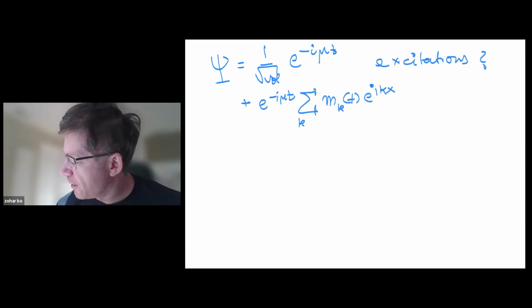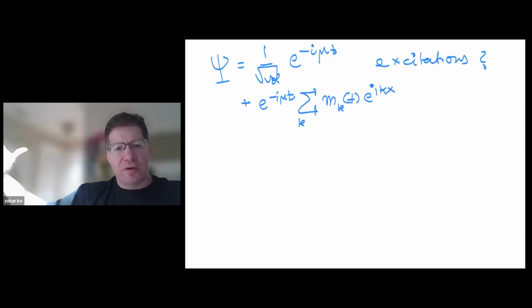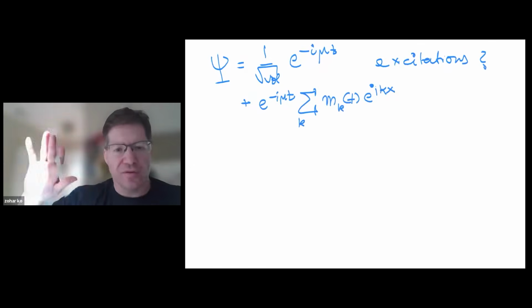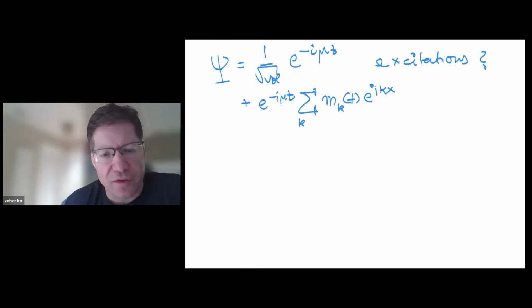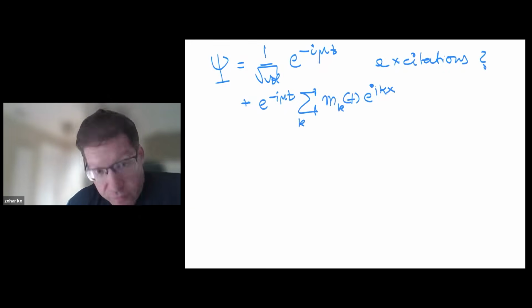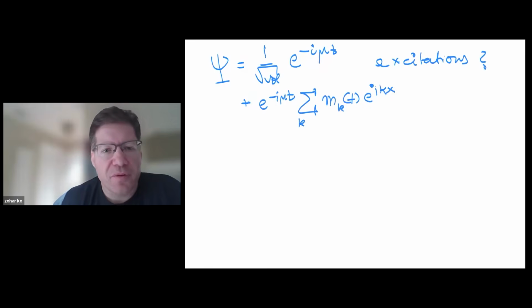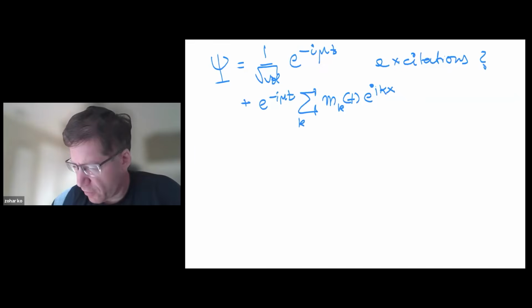And I'm just summing over all the Ks. Here, I'm ignoring the boundaries of the container again. I'm just imagining that it's in some large volume, and I can use translational symmetry to diagonalize the excitations into momentum eigenstates. Are there some questions about this Fourier expansion? I'm just going to have to plug it into the nonlinear Gross-Pitaevskii equation and find the dispersion relation for these modes.